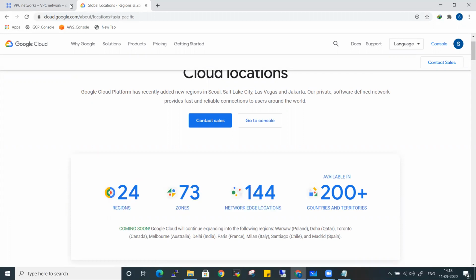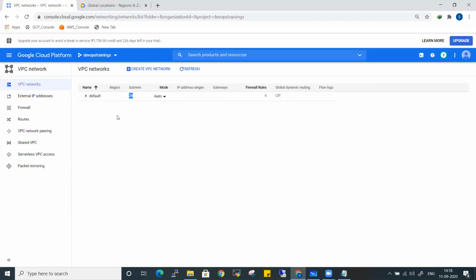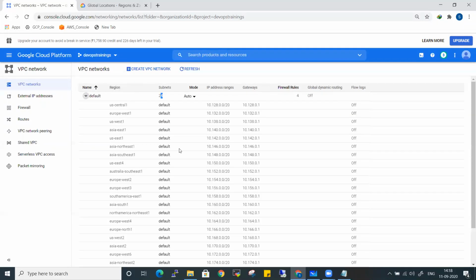Okay, so when Google creates a network for you, it will be creating 24 subnets, one in each and every region that Google supports. Okay, you can see US Central one and Asia South one for Mumbai region. So if you count all these, there will be 24 subnets available in the default network when you create a project itself.